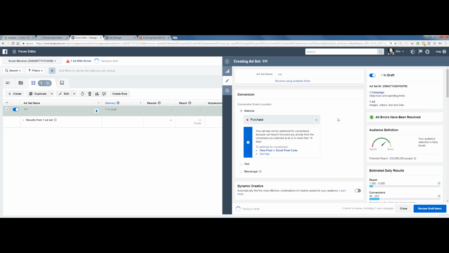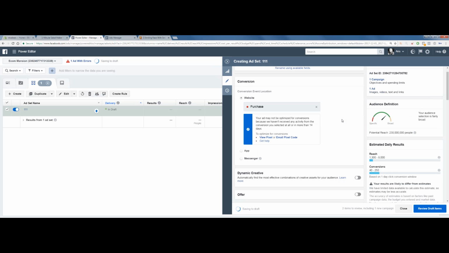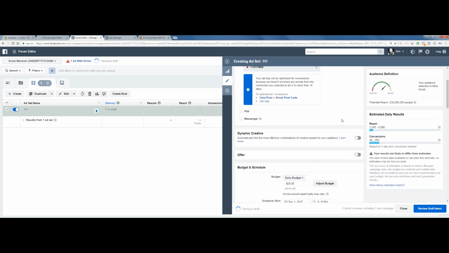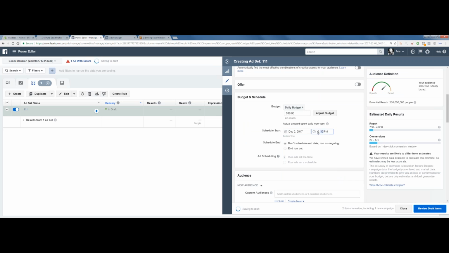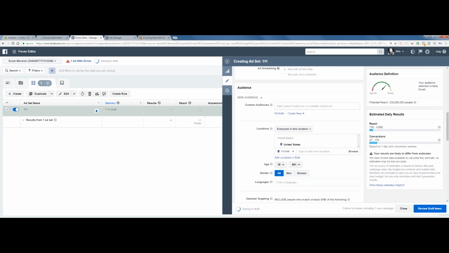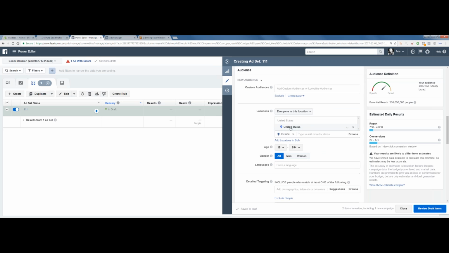$10 per ad set. It's the US that we're creating the lookalike for. We want to schedule it for 7 to 8 a.m. No, 7 a.m. EST in the United States. So for me, 7 a.m. tomorrow is 2 p.m. my time, right? So just not to confuse you, I'm going to put it 7 a.m. for EST. Let's just assume I live in EST. United States, you want to be targeting the United States.